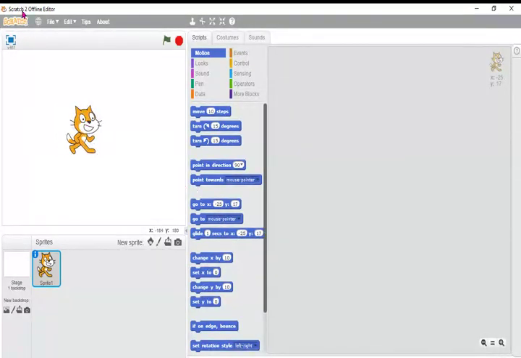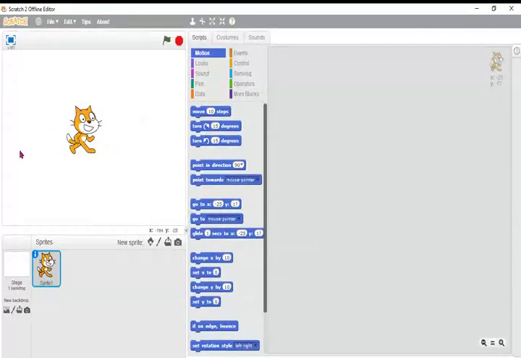We have learned what Scratch is. Scratch is programming software with which you can create animations and games for small kids. When you install and open it, you will get the Scratch 2 offline editor like this. Please download the Scratch 2 offline editor.